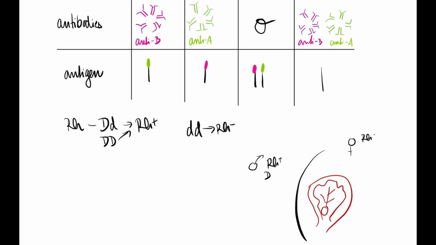Let's just say that he's got one capital D, one lowercase d, and she's got two lowercase d's. And this father gives the capital D allele to his child. So the child is D and small d because there's only one option that it can get from his mother. The child can only get one lowercase d from his mother. So then the kid is Rh plus. Well, and it's an issue, usually not for the first pregnancy, but mostly for the second one and all the other ones, because